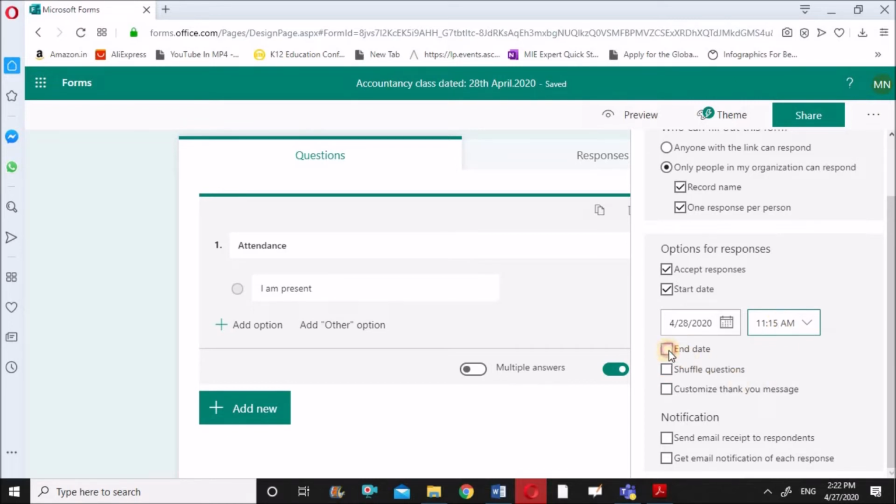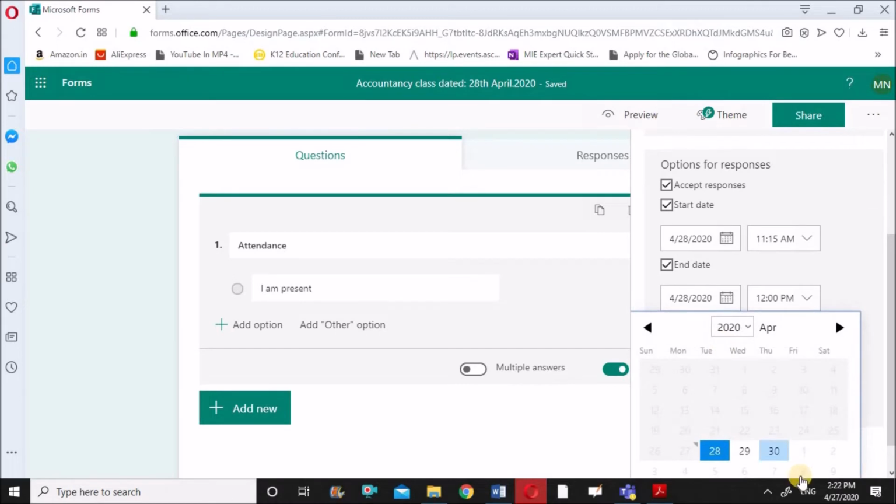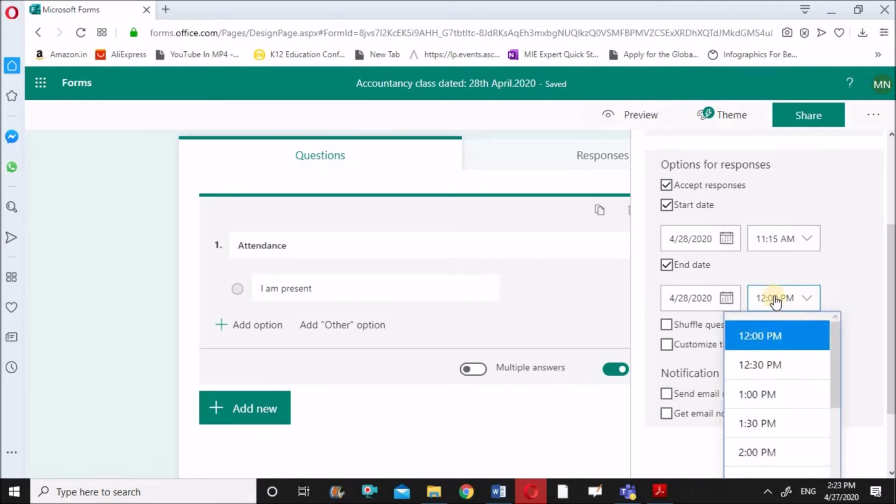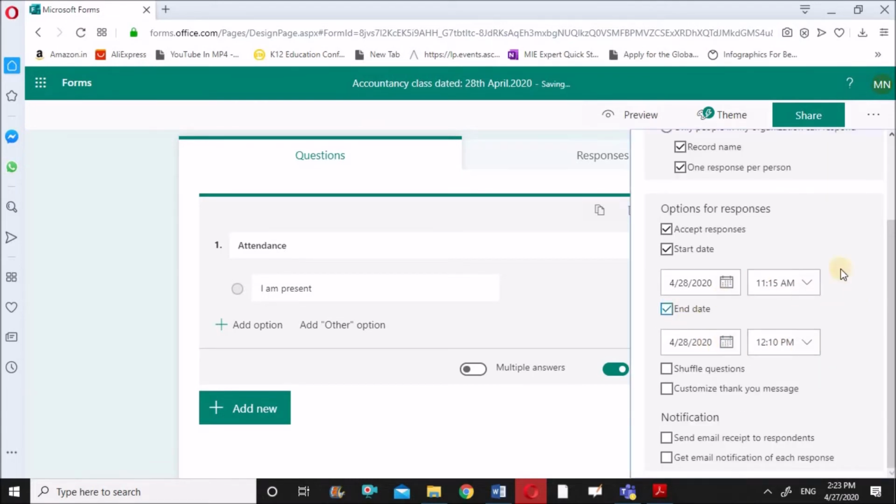And I can also write the end date. End date will be 28th, and timing I am writing 12:10. So I have given this time. The child can fill this form only during this time. So now settings is done.